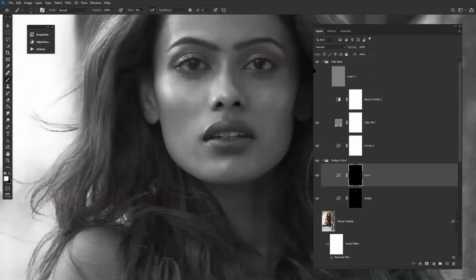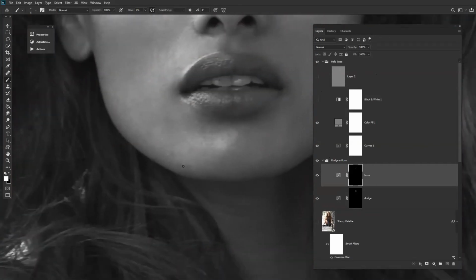So let's go with the bottom area, this area.